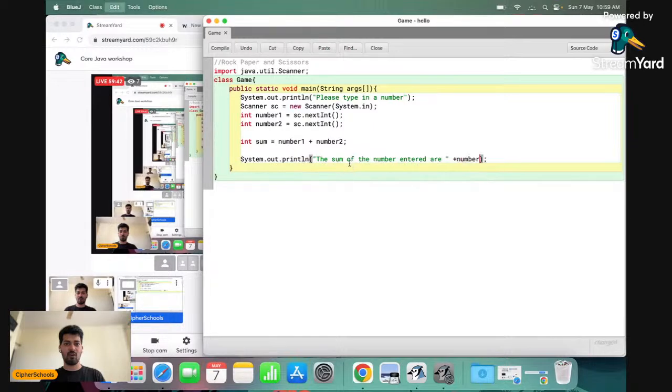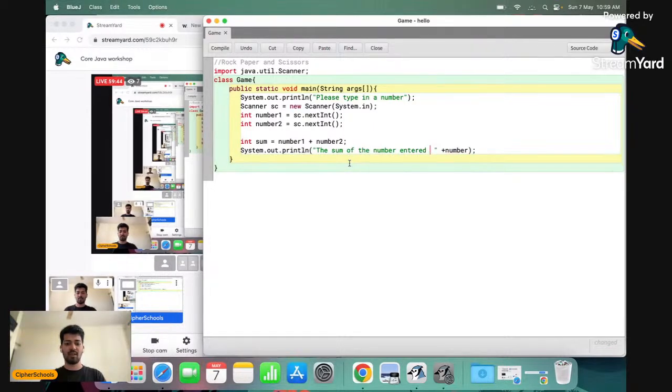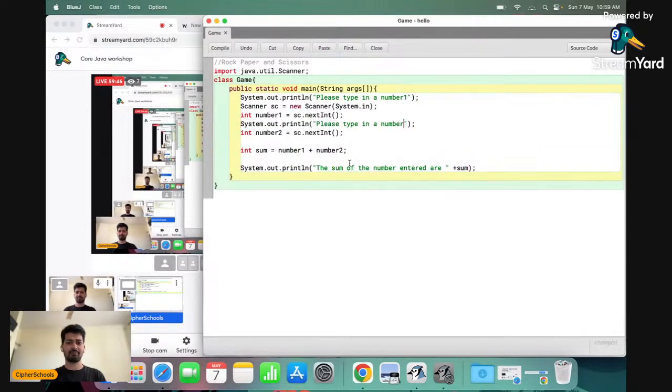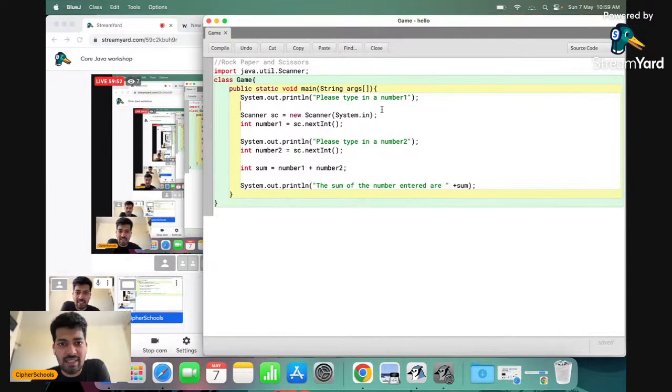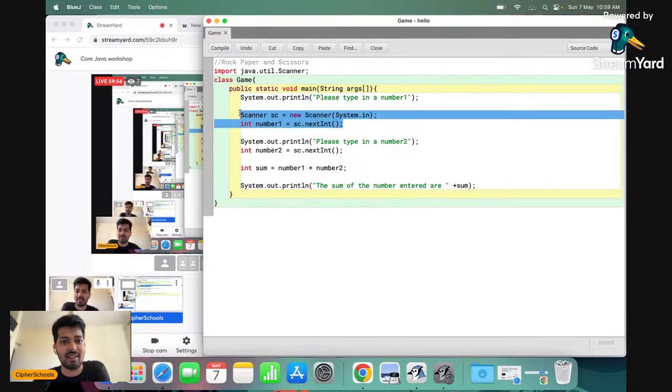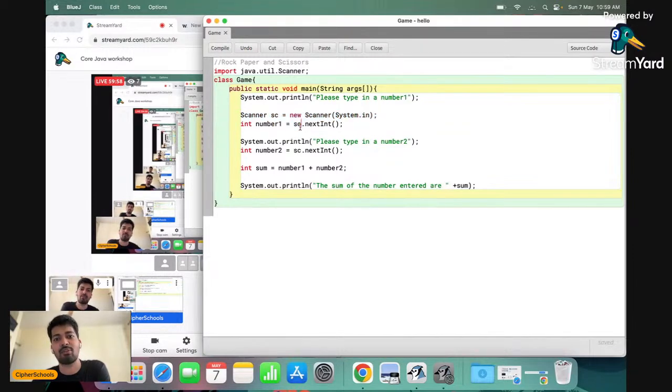Let me just remove all, or let it just be there. Now over here, the only new line that we are seeing is this, right? Scanner sc is equals to new Scanner(System.in).